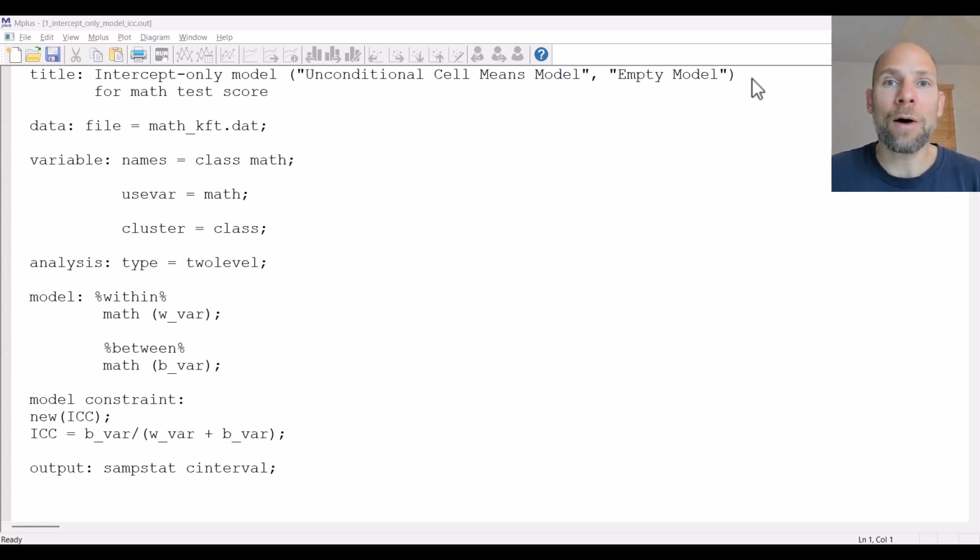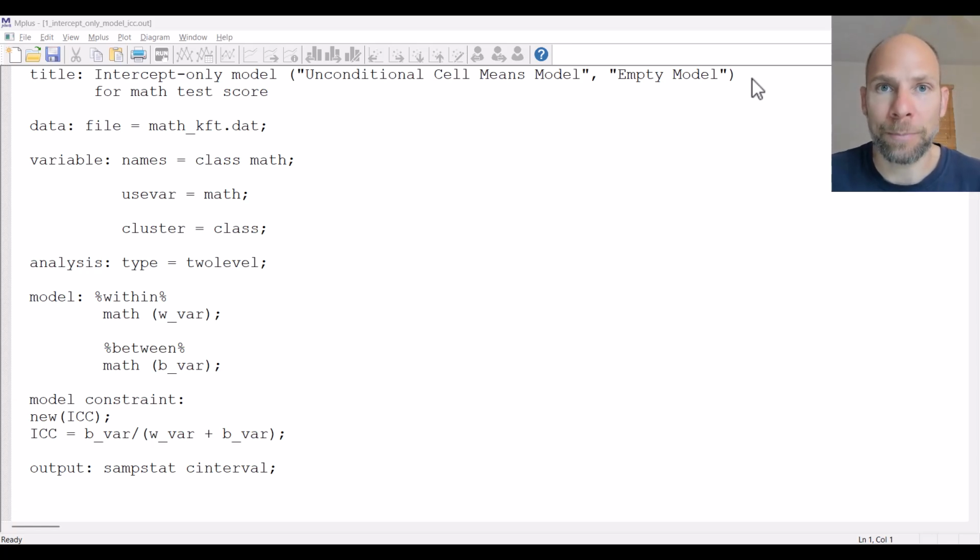And so first of all, how can you calculate an intra-class correlation coefficient in Mplus? You can do this in different ways, and I have a separate video on that topic. One way to calculate the intra-class correlation coefficient in Mplus is by using a two-level basic analysis. Another way is to use a random intercept or intercept-only model of multi-level modeling. And that is the option that I'm going to use here to show you how you can also obtain a test of significance and confidence intervals for an intra-class correlation coefficient, which you would not get if you use the